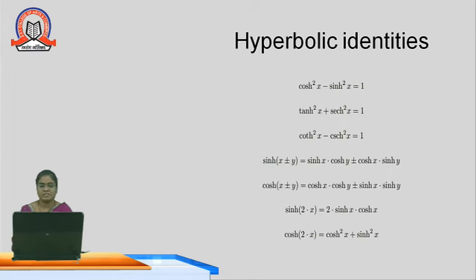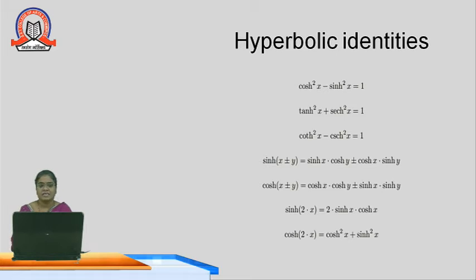Hyperbolic identities. Like trigonometry, we also have hyperbolic identities. Cosh square x minus sinh square x equals 1. Tanh square x plus sech square x equals 1. Coth square x minus cosech square x equals 1. Similarly, as